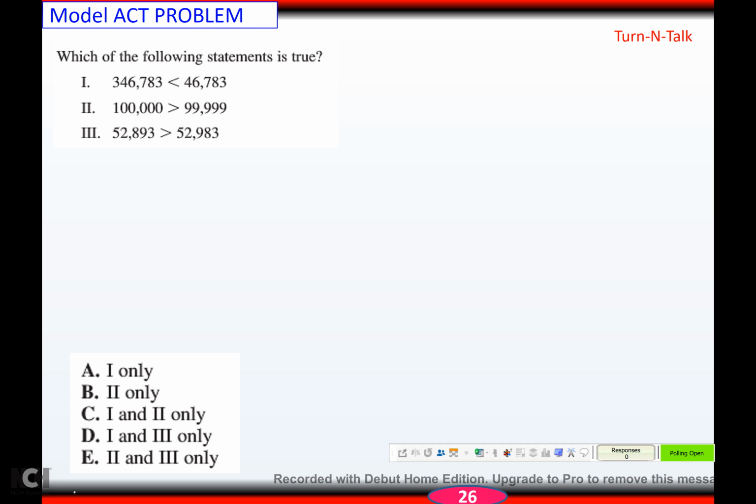Alright, hit pause. You tried this one. I'll start the timer. Oops, should be 60 seconds. Remember, you have 1 minute in an ACT test. You don't want to spend more than 1 minute on the problem if you can. Okay, so hopefully you got